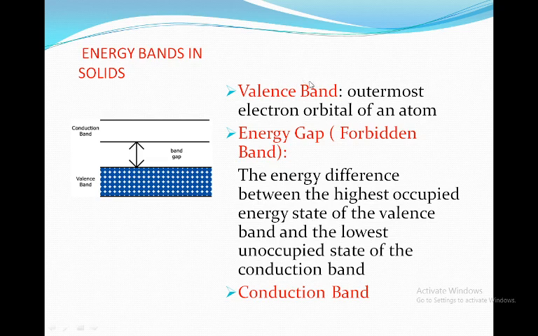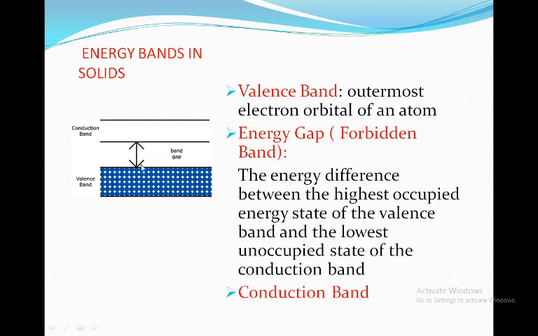So the valence band, as we know from our elementary chemistry, has to do with the outermost electron orbitals of an atom. And we know that in a free state, the outermost shell of electrons are the valence electrons. So we can relate that to this valence band. Before these electrons can become free carriers, that is, when they come to the conduction band, they must overcome